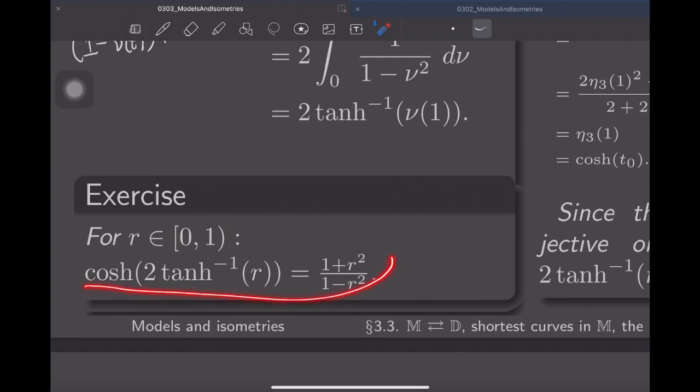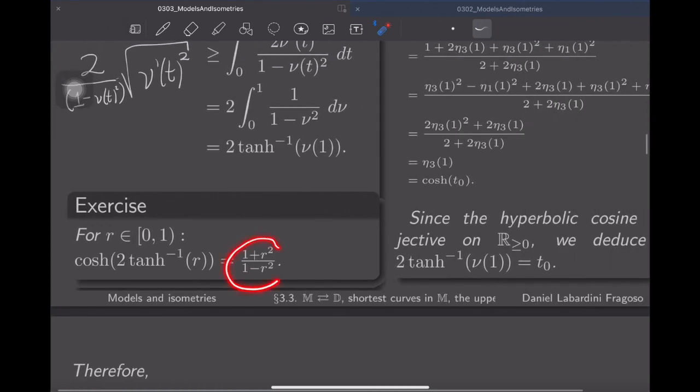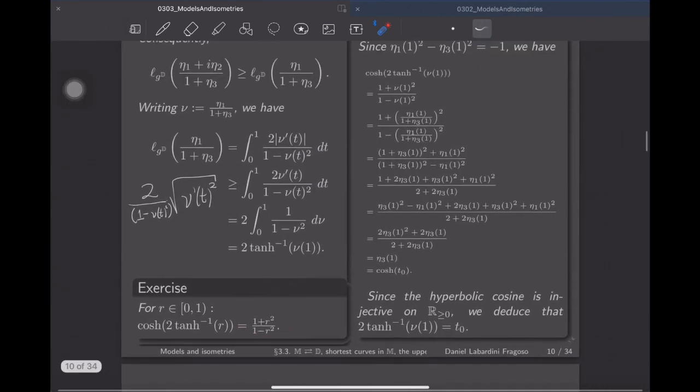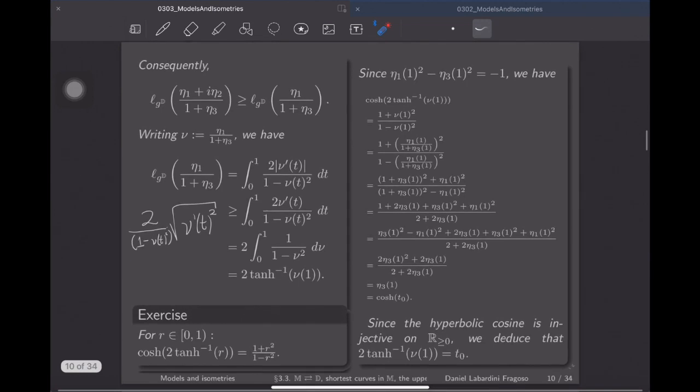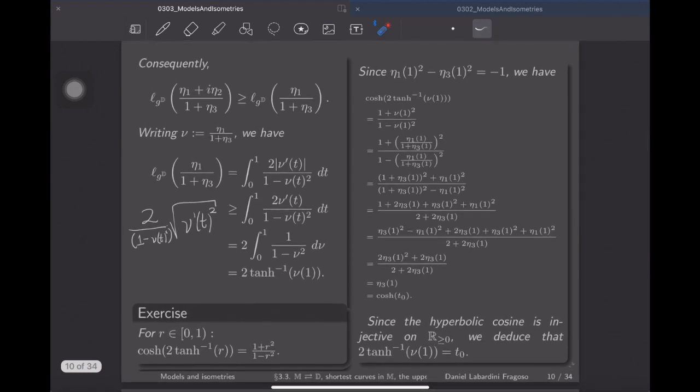I have this formula, right? Hyperbolic sine of 2 times hyperbolic tangent arc of r is this expression exercise. Okay, that I'm about to use, because you see here I have precisely something like that. Okay. Now,